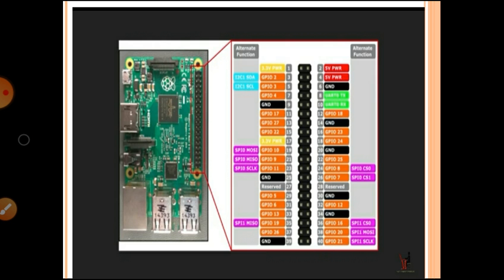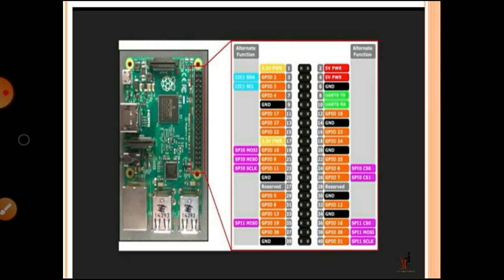Here the 3.3 volt power supply is at pin numbers 1 and 17. Then ground pin numbers are 9, 25, 39, 6, 14, 20, 30 and 34. Similarly, the 5 volt power supply is given at pin numbers 2 and 4.